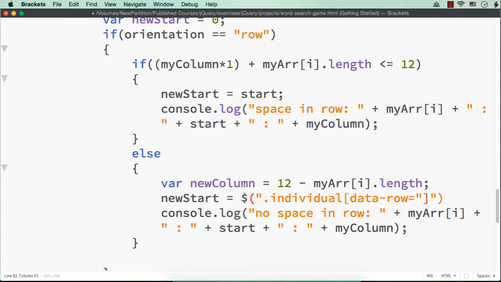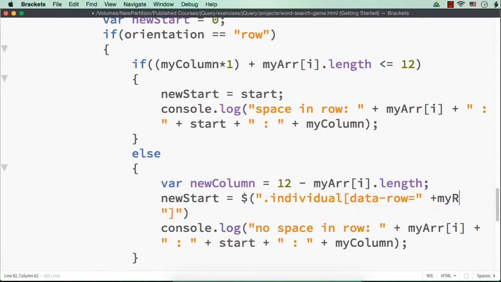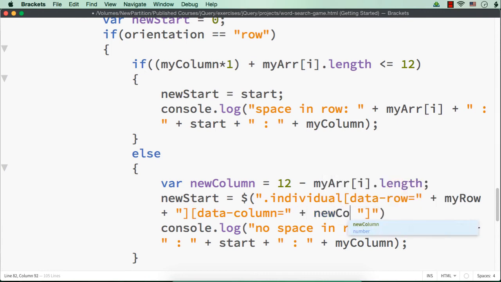It is in the variable my row. So let me specify data row plus my row, again a plus, and data column equals the new column value. So I can get it from plus new column, then again a plus.